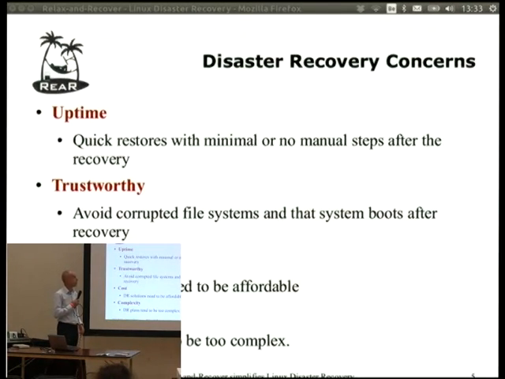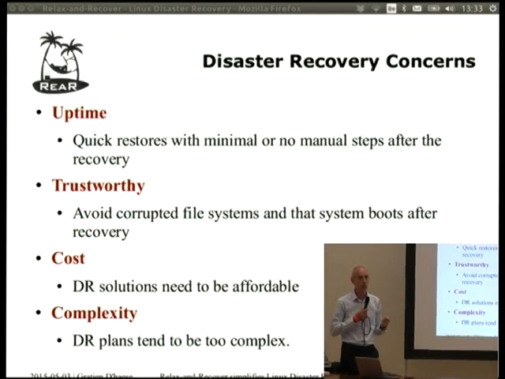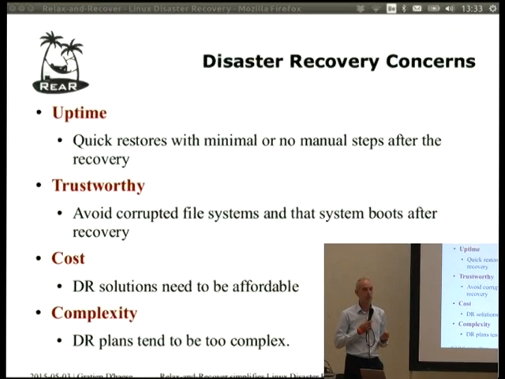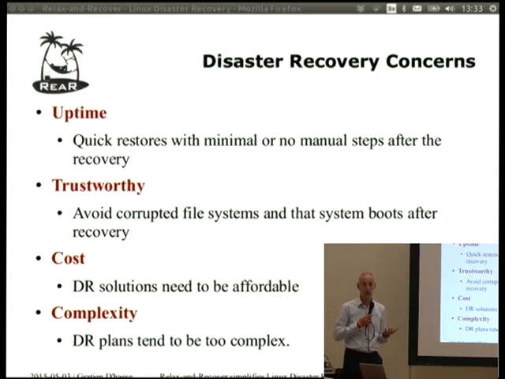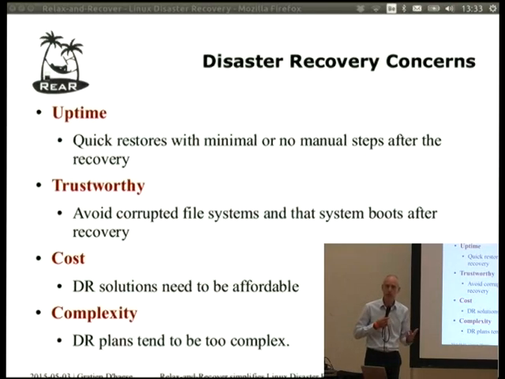For a recovery plan for your technical equipment, there are four important domains. It's about the uptime. You want your equipment up again as soon as possible. It's about trustworthiness. If you do a recovery of a system, you have to rely on it working, and that your computer is back online as soon as possible and not half broken so that you still have to do 100 steps manually. So you have to train it, and that's the keyword about it. And the cost. It has to be affordable.